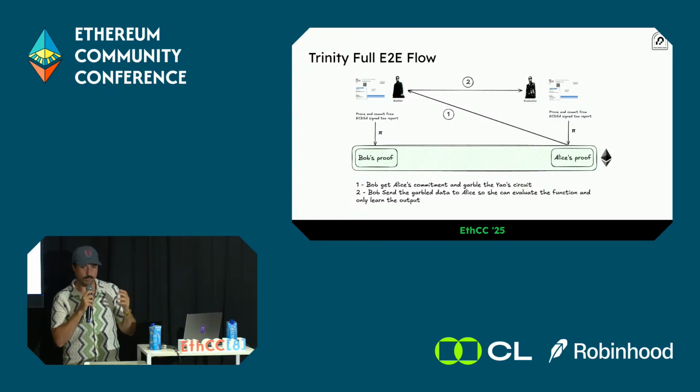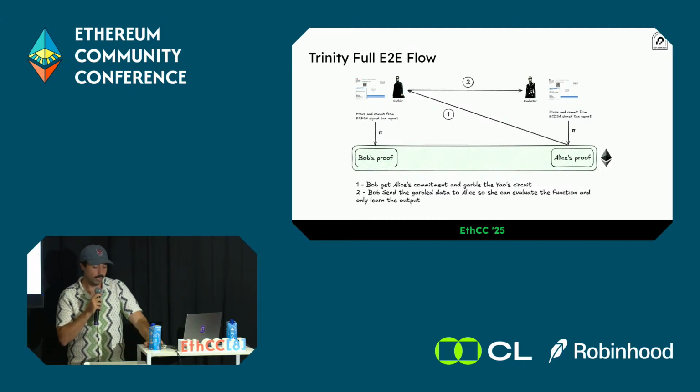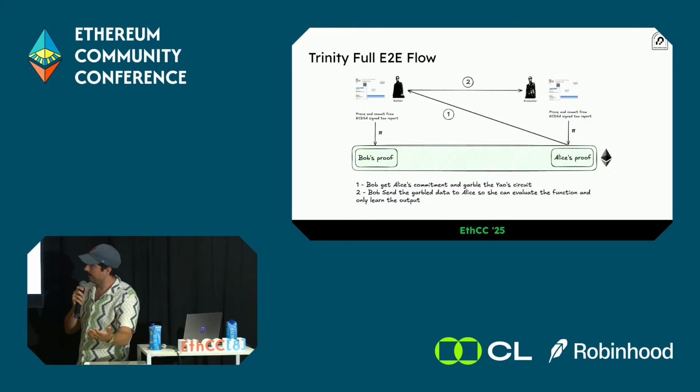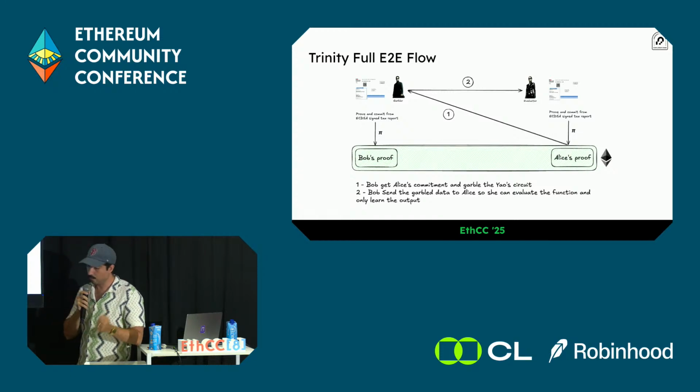So garbling a circuit, he can choose any circuit that he wants. In that case, they would have to agree on a circuit that is performing who's the wealthiest. And he can also, on his side as a garbler, insert his inputs without Alice learning anything about his inputs. He can send back this garbled data, and then Alice can evaluate. So what we just built is a computation layer over ZK SNARK that is only,